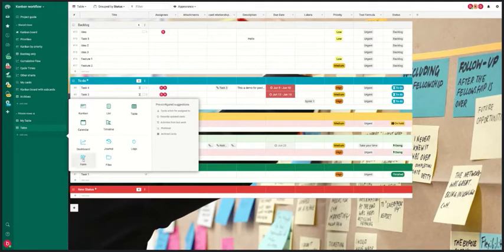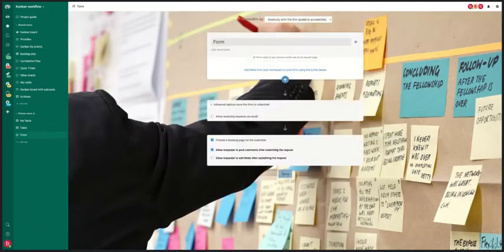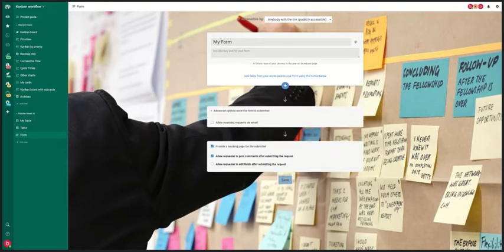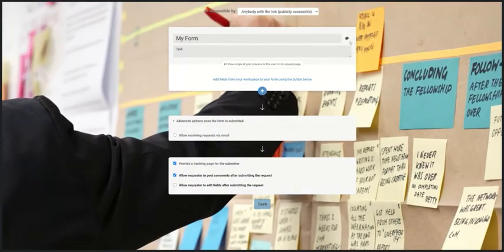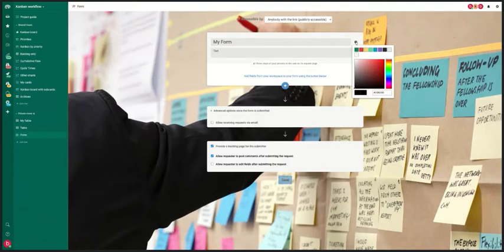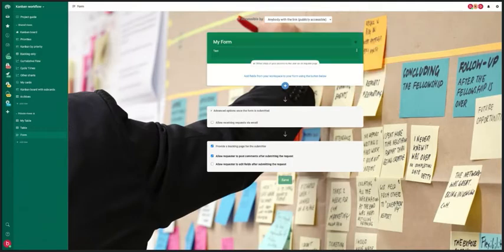For example, if I want to create a form, because we have new things to say here as well. If I wanted to create a form, now a form is going to become a view on its own, right? So let's say I want to create a new form. It's called My Form. I can add some text, obviously. Just put text, not very imaginative this morning, but you can change the color if you want. Let's say I put it green, Kantree is in green, automatically the save button is going to be green